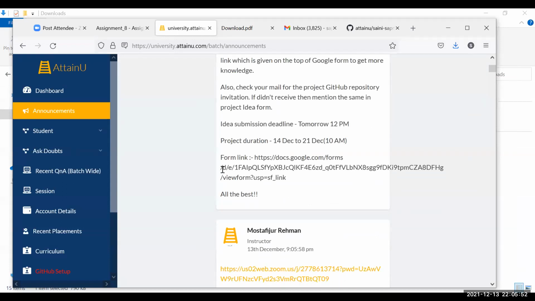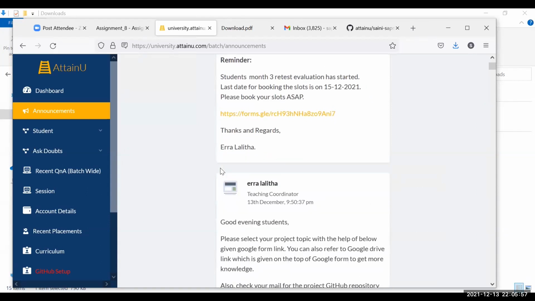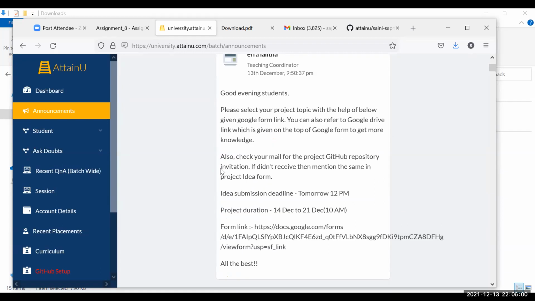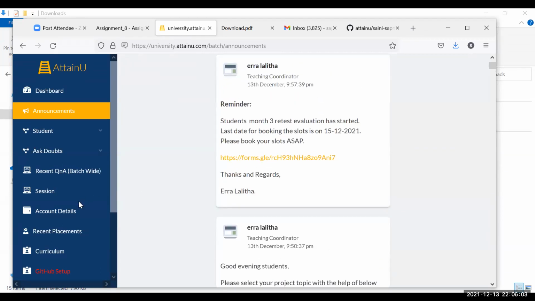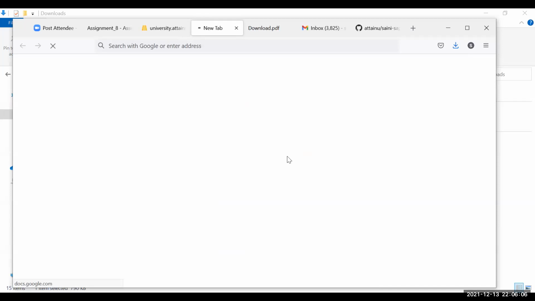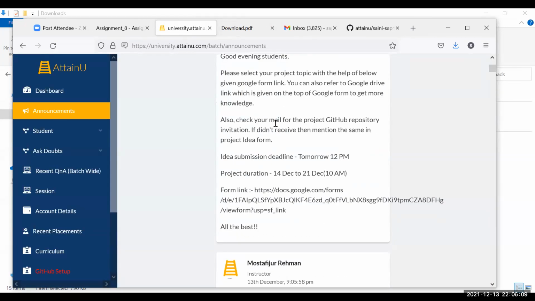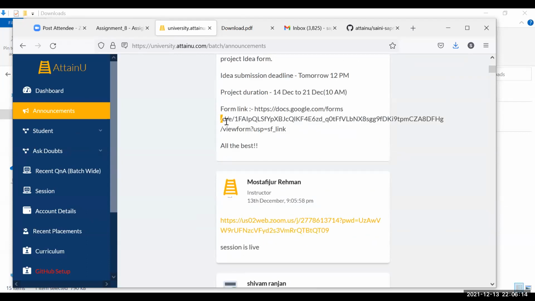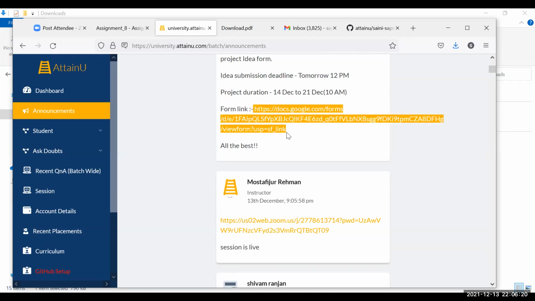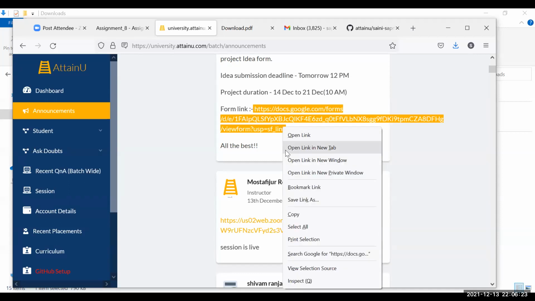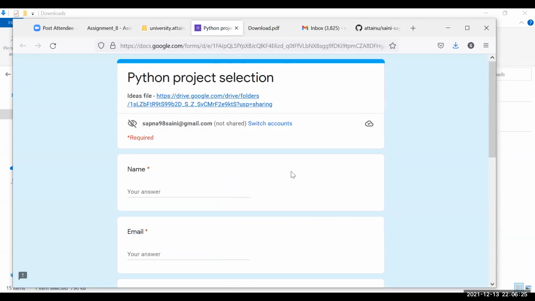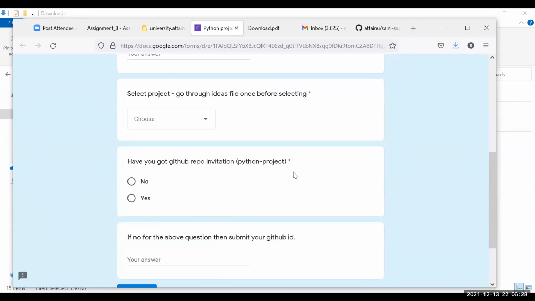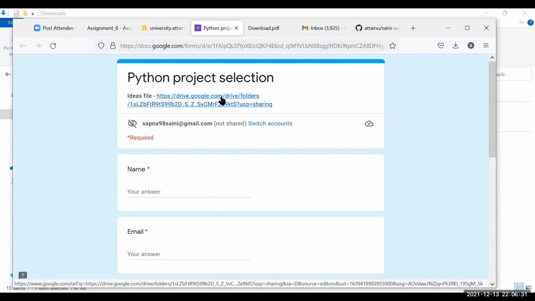ये वाला लिंक है ना? वो फॉर्म लिंक के बाजू में डैश है ना, वहां फॉर्म लिंक पे जाओ, पहले फॉर्म लिंक पे जाओ. हाँ, फॉर्म लिंक पे पहले जाओ. कहाँ पे? ये जो फॉर्म है, फॉर्म का जो लिंक दिया है उसको खोलो पहले. वो नहीं है, अरे ये तो कुछ और है. ये तो मंथ 3 के, इसके नीचे जाओ. हाँ, इस लिंक को कॉपी करो, फॉर्म लिंक जहाँ पे लिखा हुआ है, फुल स्टार्ट HTTPS से. यही तो गलती हो रही है. ठीक है, यही गलती हो रही थी सर. ठीक है, वहां पे देखो ऊपर में एक ड्राइव लिंक है, उसको खोलो, वहां पे प्रोजेक्ट डिस्क्रिप्शन मिल जाएगा. ये वाला ना? हाँ,